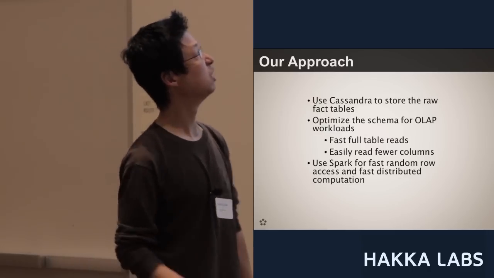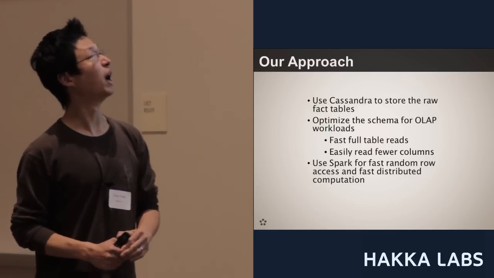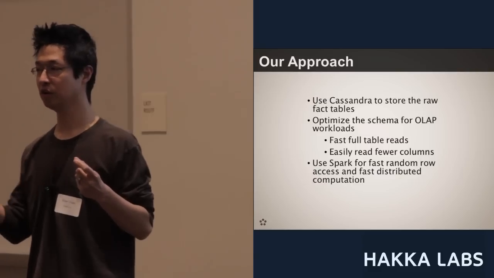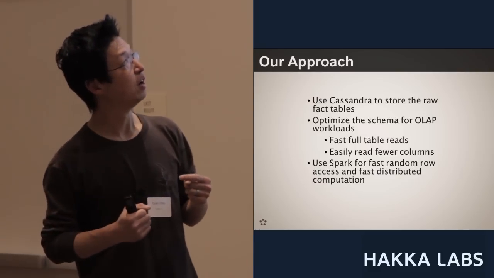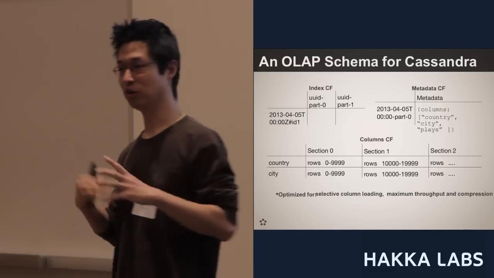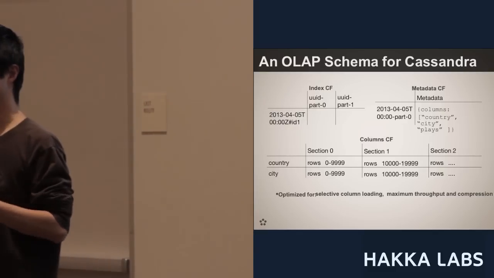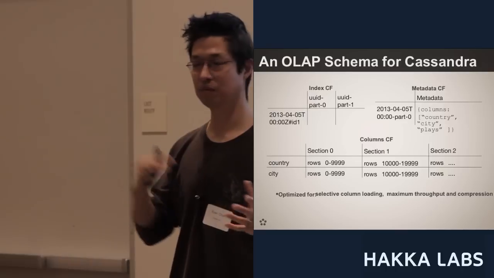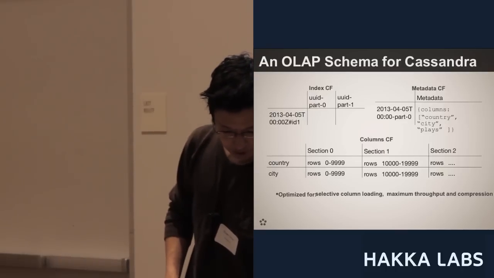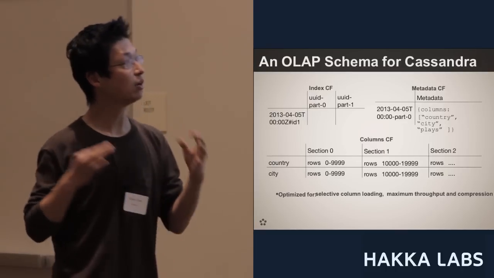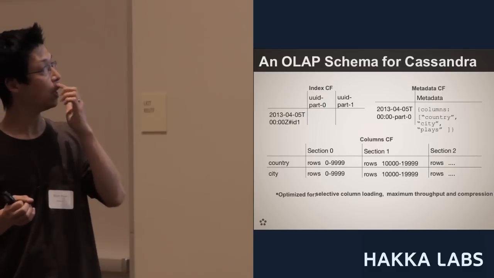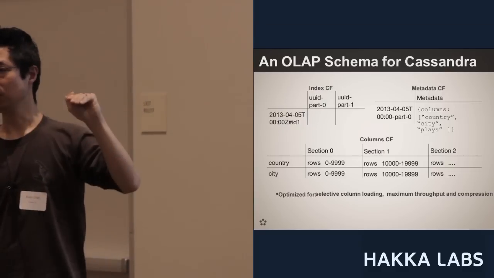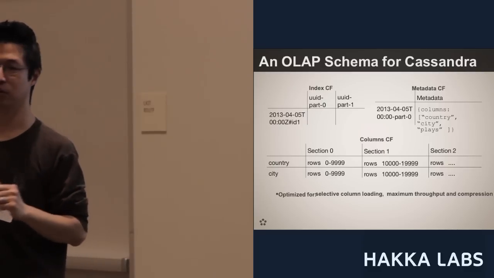So this is what our schema looks like. We have one column family for indexing all of the different OLAP tables. We have a metadata family that essentially stores the type of columns that we have and what types of columns they are. Are they integers, are they whatever? And our main column family that stores data, we basically store one row per column of data. And the reason why we do that is so that we can